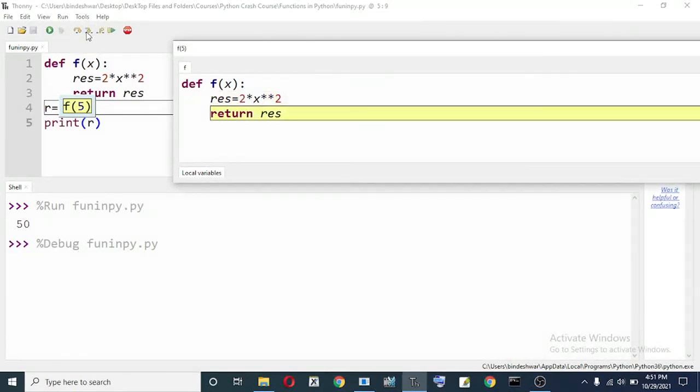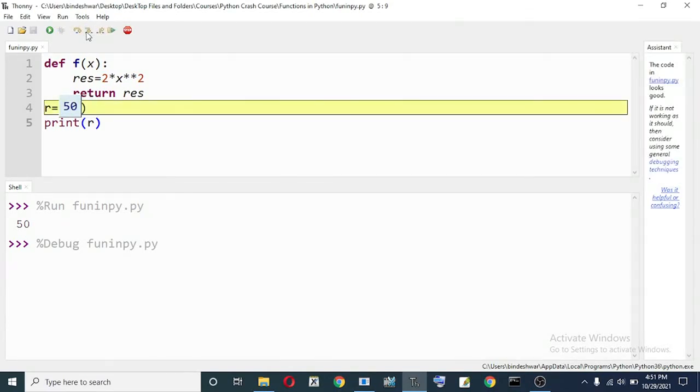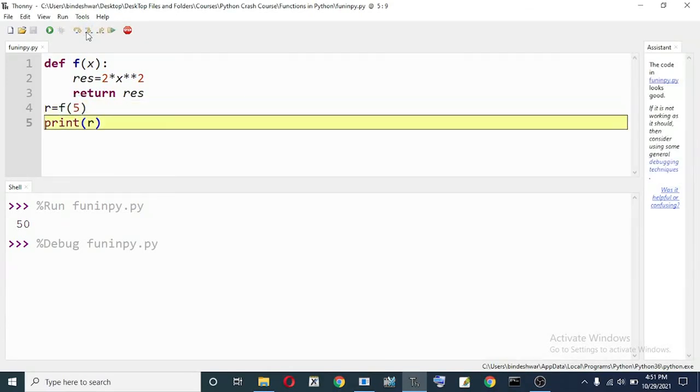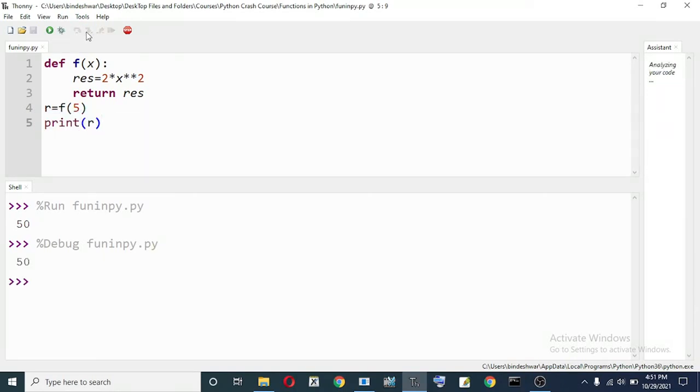This 50 will get returned, and you can see that r is referring to 50, and if you print r, 50 will get printed. So this was about functions in Python. I hope you have understood about functions.